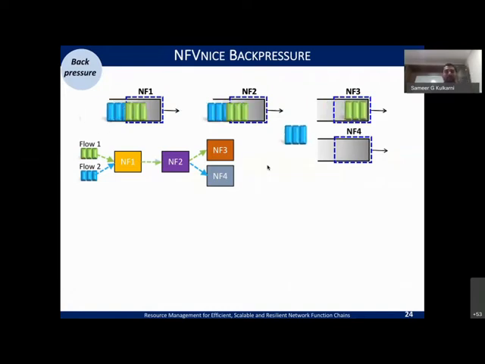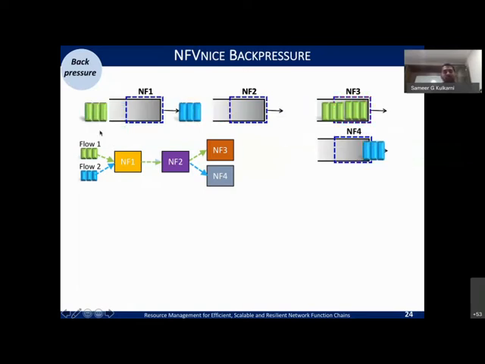And what we say, because now we know that all these NFs are on the same core, and the flows that are going to operate, I know the chain NF1, 2, and 3. What that means is I can track for the green packets, it is taking the path NF1, NF2, and NF3. And for the blue packets, it is taking NF1, NF2, and NF4. And as soon as the queue builds up here at NF3, you can just directly toggle the state for the green packets because you're processing them in order, right? So if I do that, then all the green packets are stopped from getting processed at either of the upstreams where they are dropped right at the source.